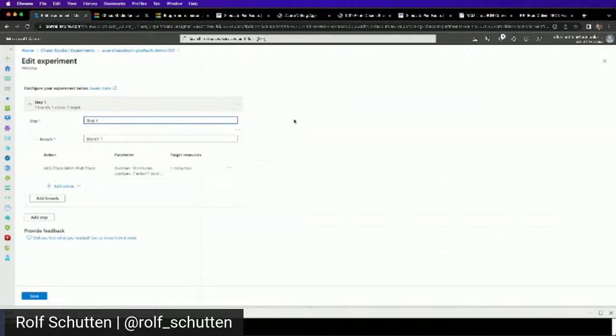And this is actually where you can create your experiment, where you will do a sequence of tasks or parallel tasks, and you can even add some delay between the various steps and faults and actions you are introducing. However, just to keep it simple, I will do only a one-step fault today, a one-step action, which is the AKS Chaos Mesh Pod Chaos fault that I'm introducing. And